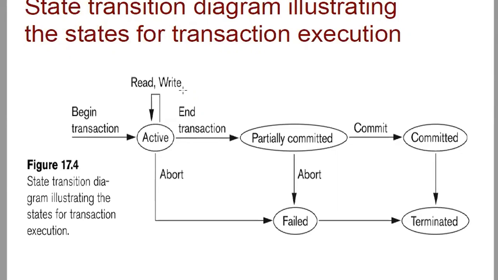Once you complete the multiple read and write operations, it goes to ending the transaction, the final stage of your transaction. Ending the transaction doesn't mean that everything is completed. There are still further processes. Your transaction is not yet 100% completed; only the read and write operations are completed when you reach end transaction. When you reach end transaction, it means the transaction is partially committed. The work is not fully 100% done. You have only done it partially.